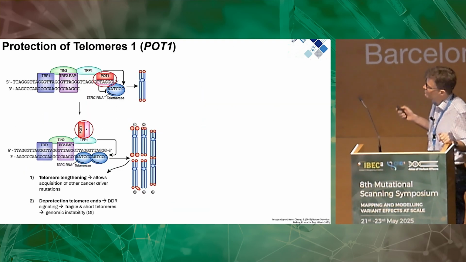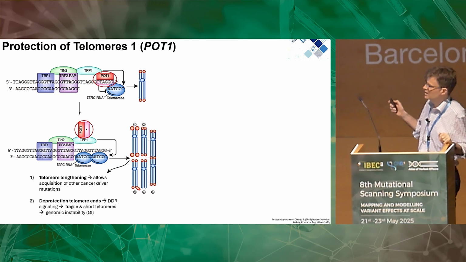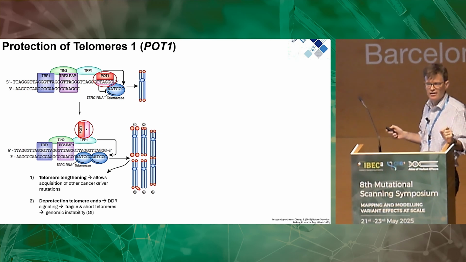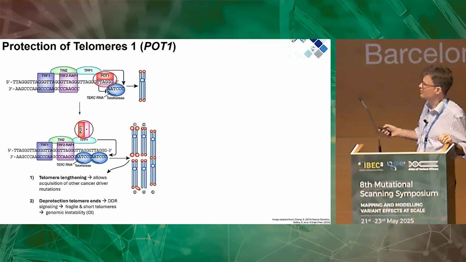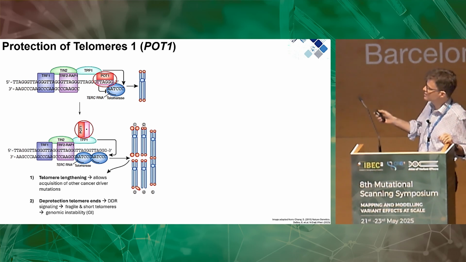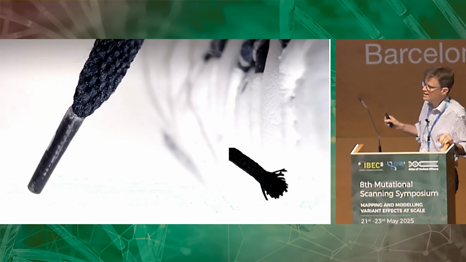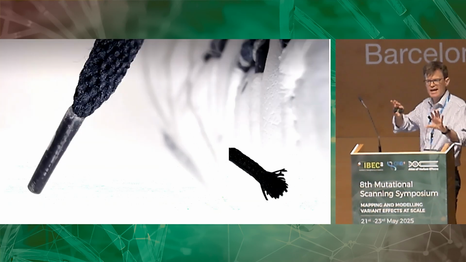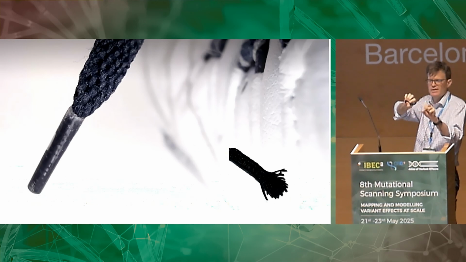So as I've said already, POT1 is the protection of telomeres 1 gene. It regulates telomere length, and it also has a second function, which is involved in protecting telomere ends. And it's part of the complex you can see shown here, which is called the Shelterin complex. And the way to think about this complex is that it protects the ends of your telomeres from becoming frayed